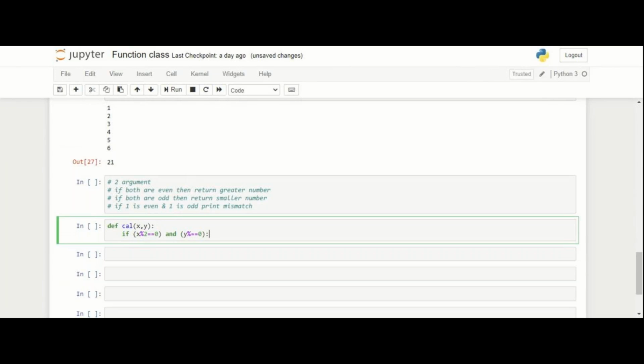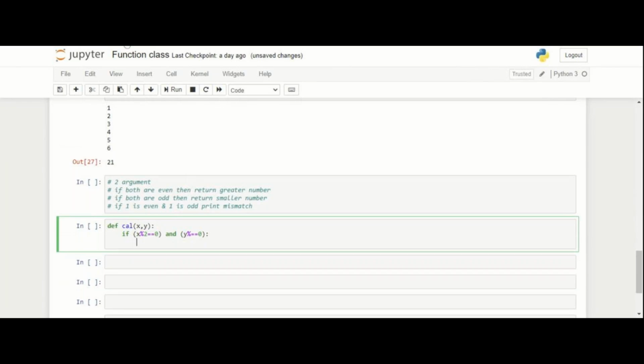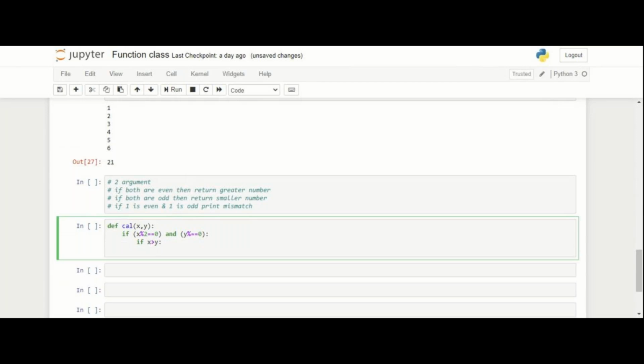Yes. Then print. There is one more condition, right? We'll have if x greater than y, then it should print the greater number is x, okay, right? Otherwise it will go to the else part.